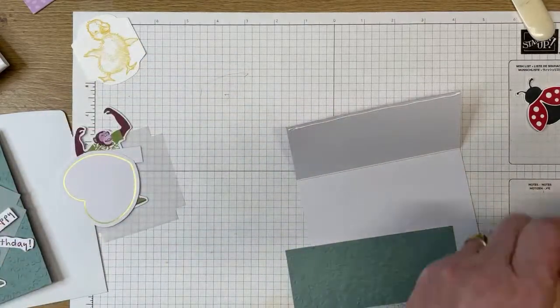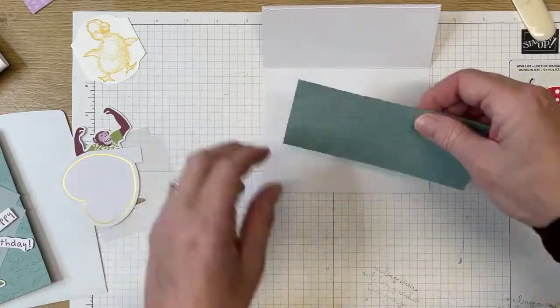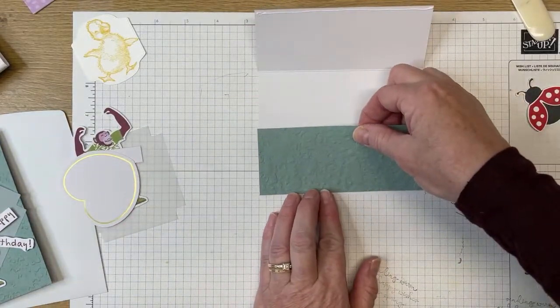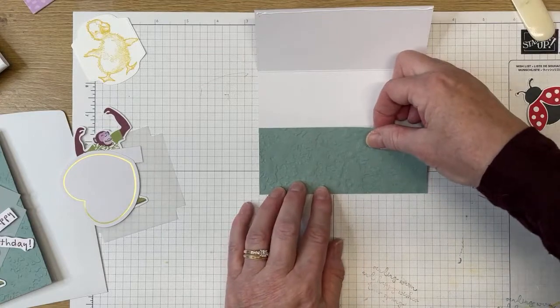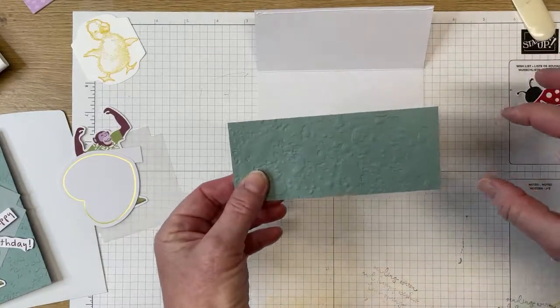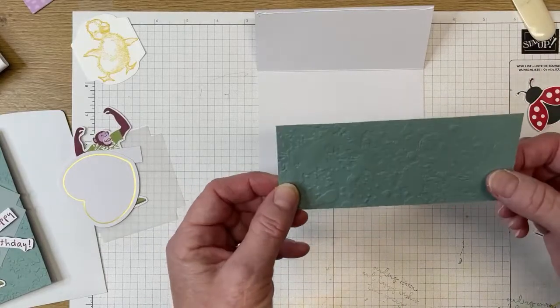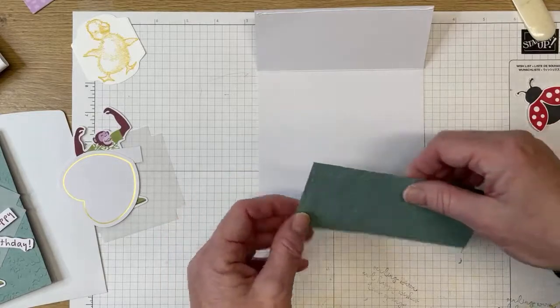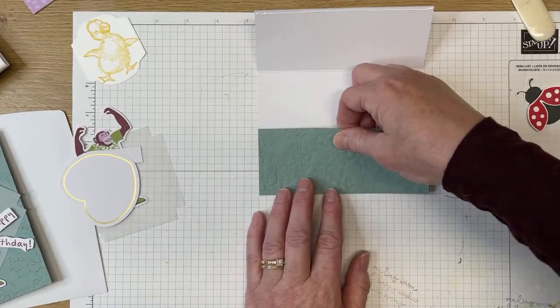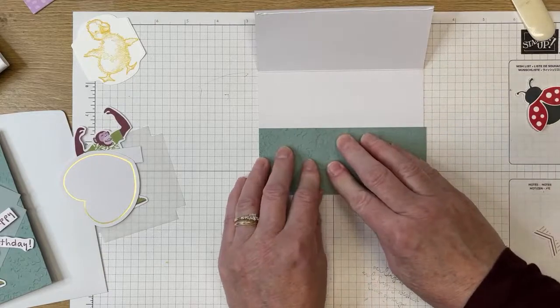Okay, and then what I'm going to do is line up this soft succulent on all 3 edges here. Now, when you emboss, your paper is going to stretch. So this was 2 by 5.5. It's now 2 by maybe, I don't know, a little bit more, a tick over 5.5. Okay, so I've got that